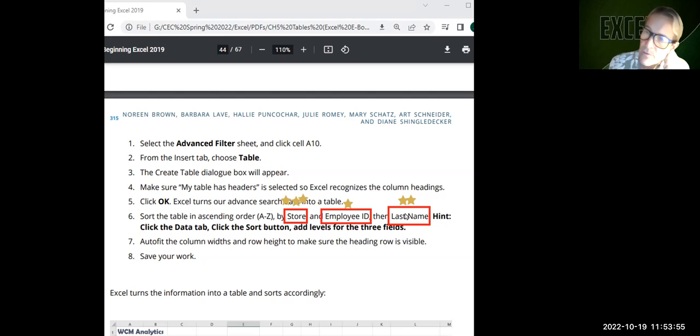Okay, so for those of you that don't understand multi-level sorts, this is something to think about. The only way you get a second level sort is if there's a duplicate in the first level. So if more than one store appears, then you go to the next level. But the second level should be last name, not employee ID. So the authors of the textbook, they made a good textbook, but it's a lot to think about. And they know Excel reasonably well. They know it more than their students, but they don't know it that well, unfortunately. Okay, so